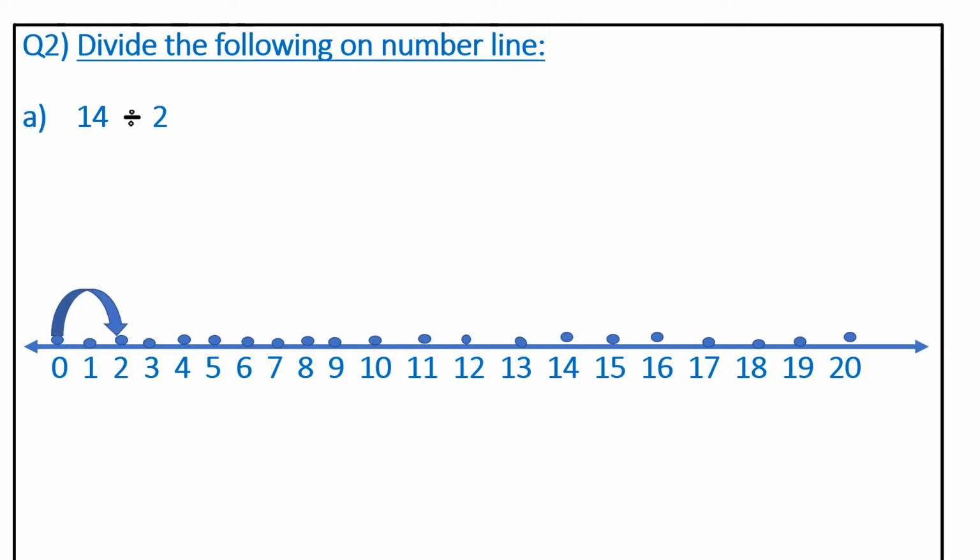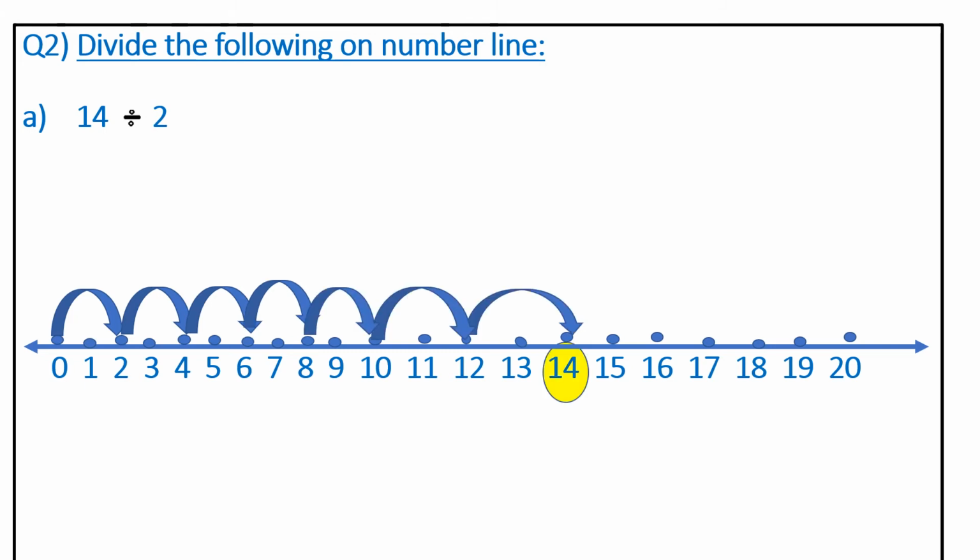Again from this 2, you again take a jump of 2 now. So after 2 we are reaching, tell me, yes, 4. And then from 4 we will reach 6. And now from 6 we take 2 steps, 8. After 8, 10. After 10, 12. After 12, 14. Now you may see we are reaching 14, no? So you have to reach 14. And these jumps you have to show. See, I am making it. Yes. So now we have reached 14.